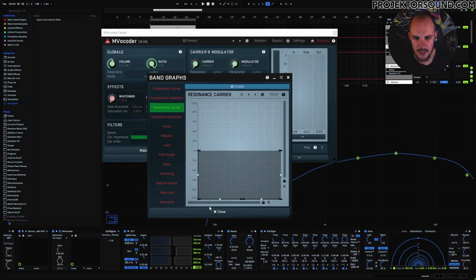So what I'm assuming is happening is that in our 4-band case, band 1 is here, band 2 is here, band 3 is here, and then we have band 4 at the end here, and you can just set them for individual bands. So if I want the highest 2 bands to have very strong resonance, I can hold Alt here, set this to the middle, and then just set this to 100% resonance. Now the lowest 2 bands have minus 100% and the highest 2 bands have plus 100%. That's how I believe it works, but obviously